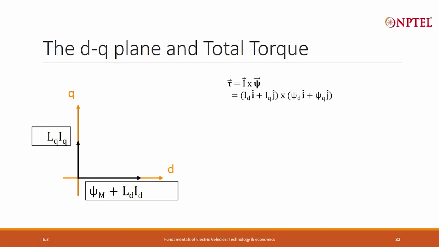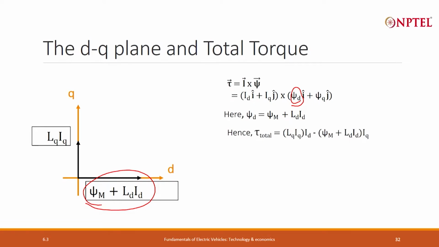Now, again I can say torque is equal to I cross xi. I is nothing but ID plus IQ with the unit vectors appropriately, and I can do a cross product with xi d and xi q. The xi d is nothing but this. This xi q of course is equal to LQ-IQ. So, now I can just expand this term by doing the cross product,